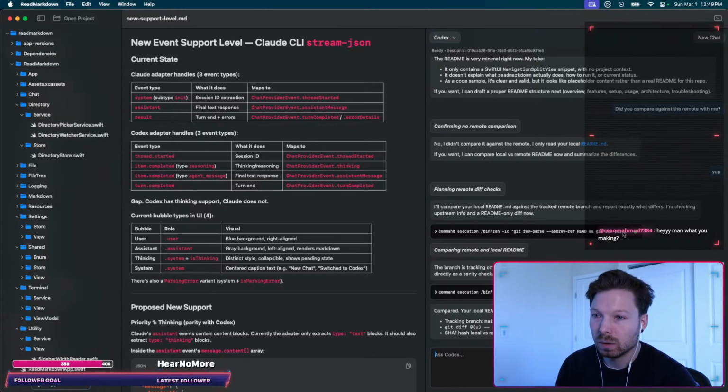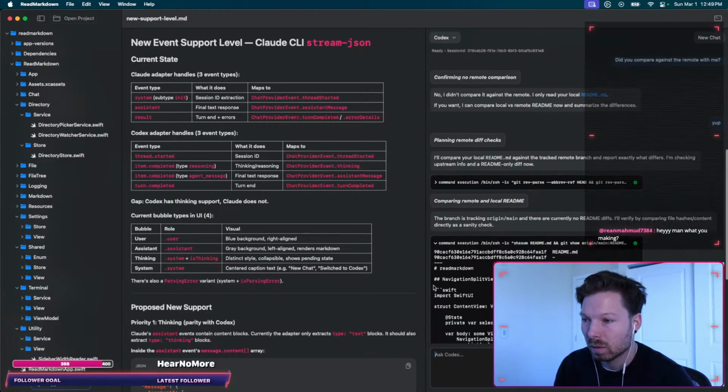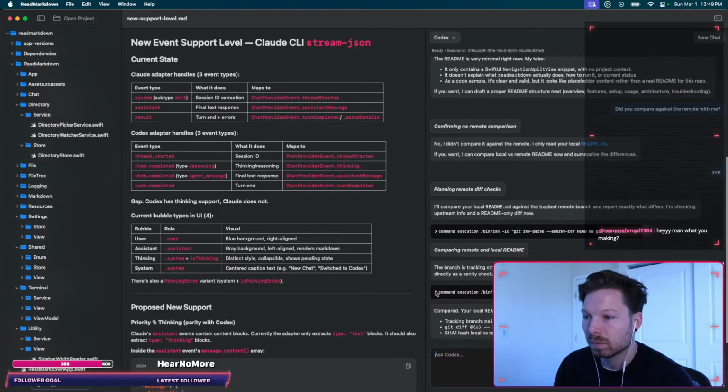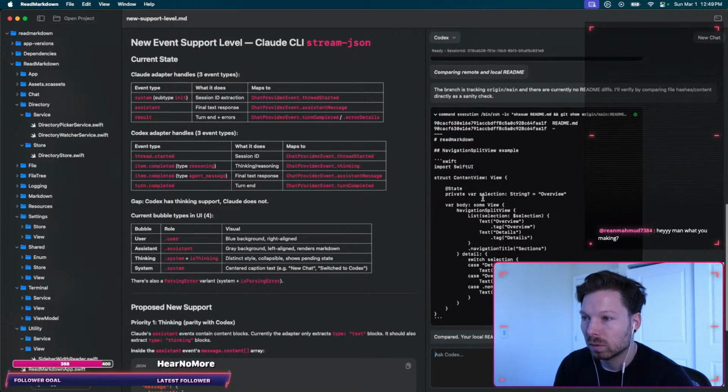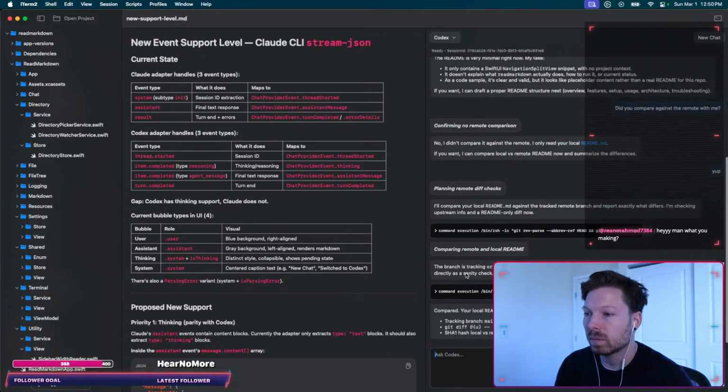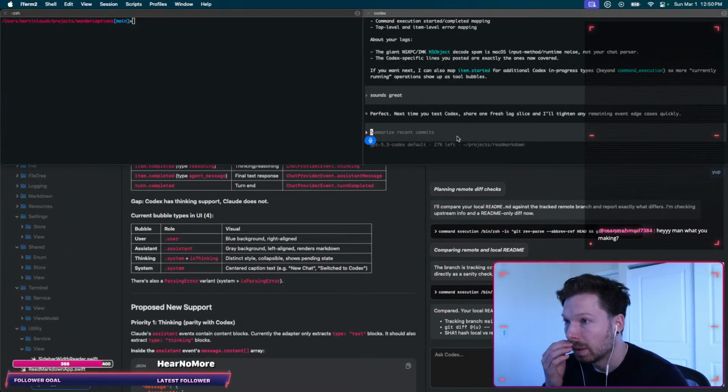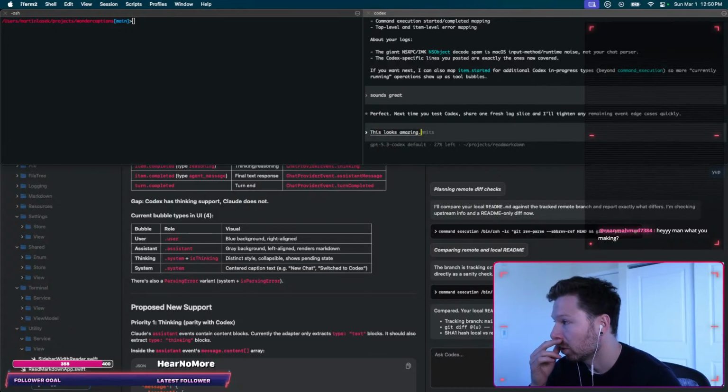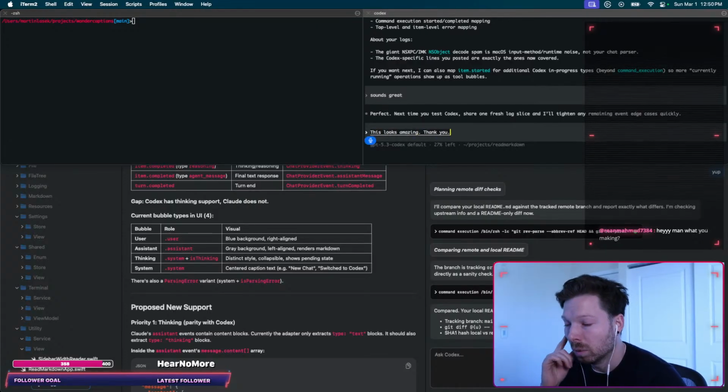Small thing to note. This is pretty cool. But I do believe we can do it as a markdown renderer. Then it would look much better. Okay. This looks amazing. Thank you. One small optimization,